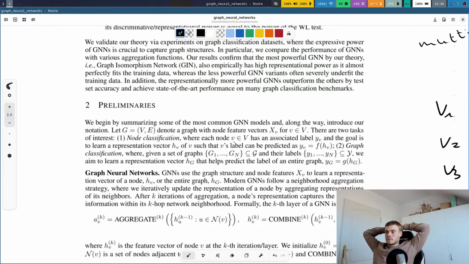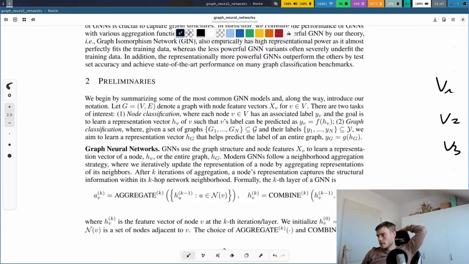Graph neural networks. GNNs use the graph structure and node features xv to learn a representation vector of a node hv or the entire graph hg. Modern GNNs follow a neighborhood aggregation strategy where we iteratively update the representation of a node by aggregating representations of its neighbors. After k iterations of aggregation, a node's representation captures the structural information within its k-hop network neighborhood. Formally, the kth layer of a GNN is